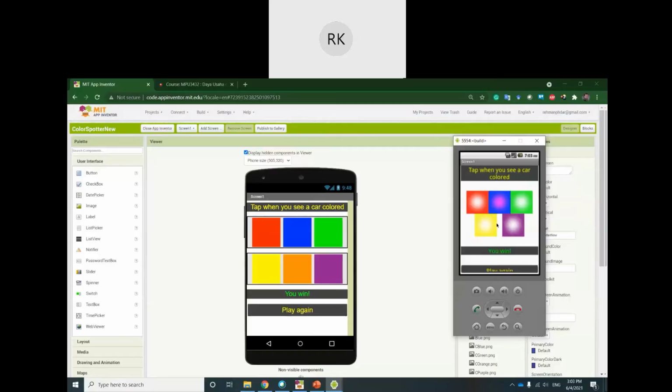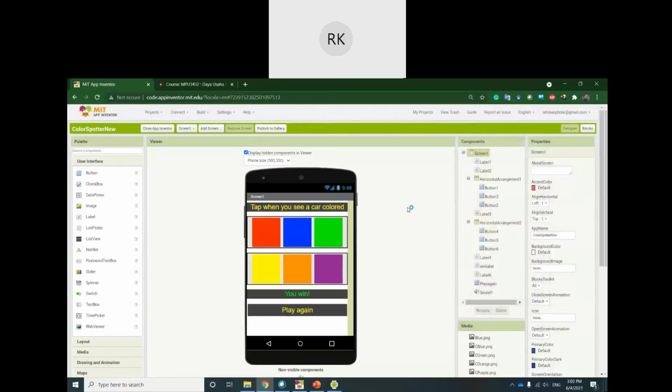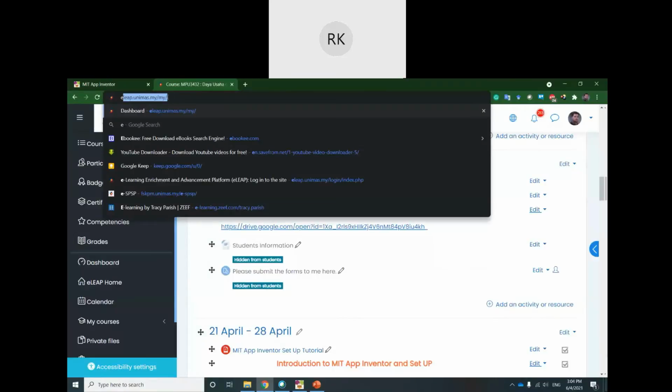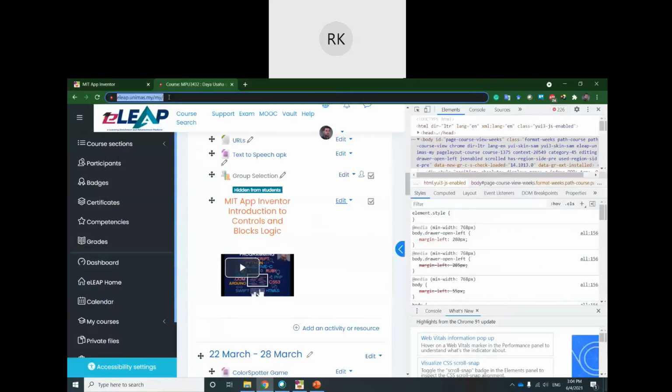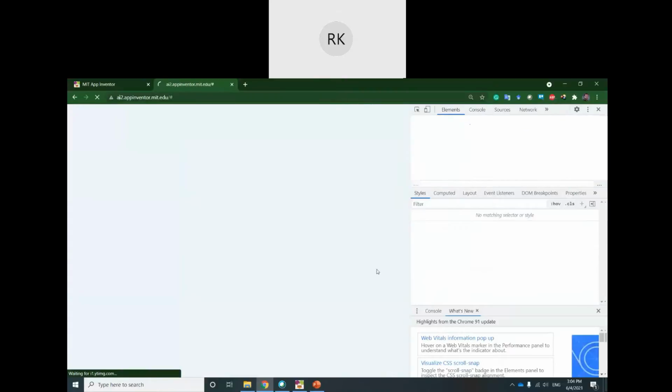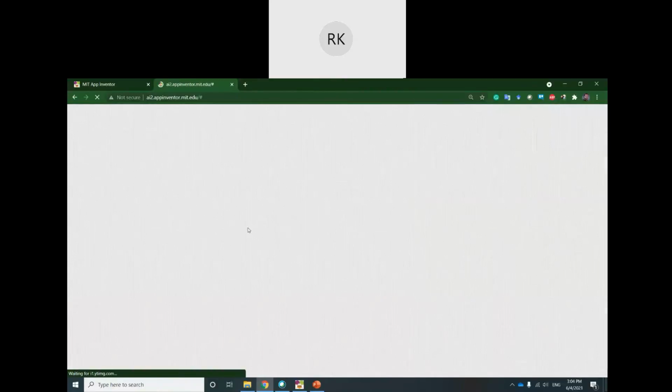But here you realize that the orange button disappeared, became invisible. I don't know, it's a bug in the server, because the same project I run on the other platform, MIT, is okay.